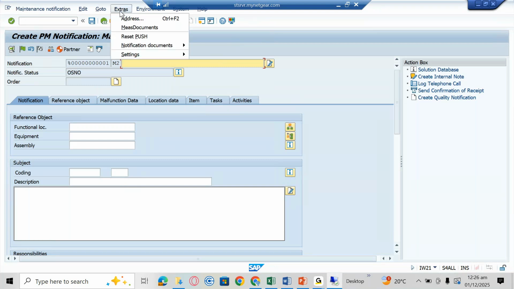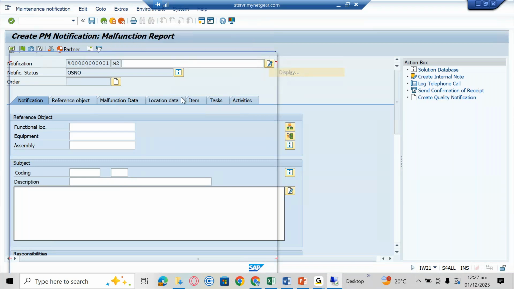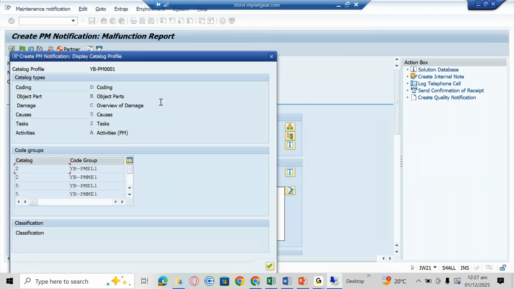Then I was talking about the catalog and code group. To see the code and code group, you come here, go to settings, then catalog profile and display. Here you can see what code and code group we are using for this notification type. This is the catalog profile. This is the coding for object part. So code and code group: this is a code group you can see, and this is the catalog. Coding is for object part, this is for damage, this is for causes, this is for task, and this is for activities. So when I say catalog, this is a